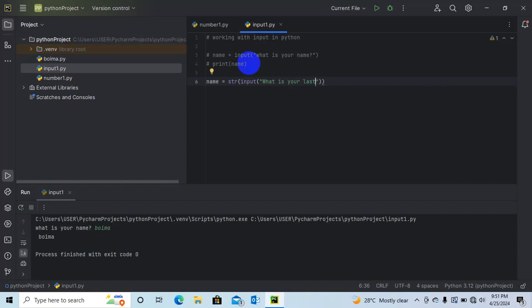Now, if I'm done, I press enter. I want to print out my last name is so and so.